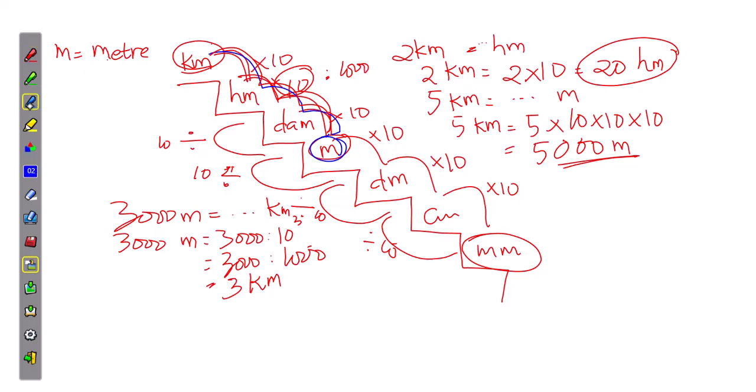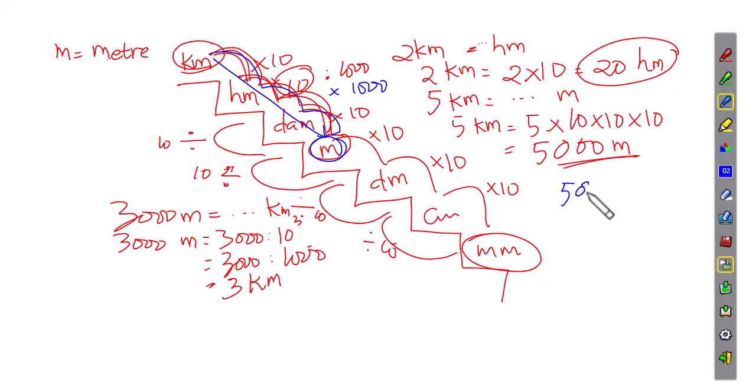If kilometer to meter, we times it by 1,000. Okay, so let's find another example. For example, we have 5,000 millimeter and they want us to change it into decameter. So we count how many stairs they need to reach the decameter from millimeter. 1, 2, 3, 4. 4. So it means 5,000